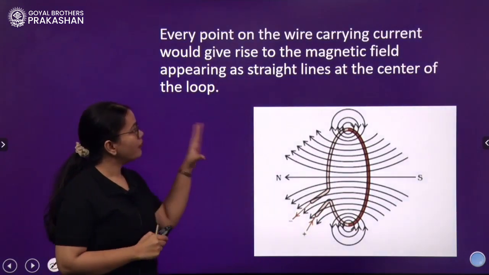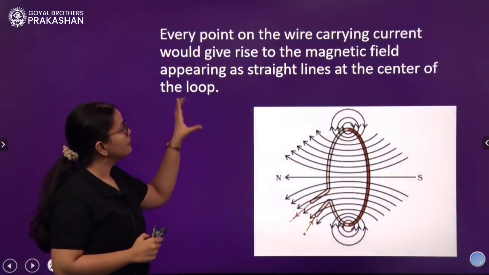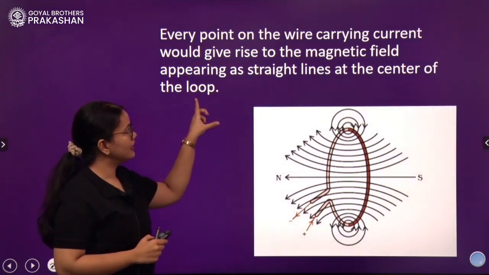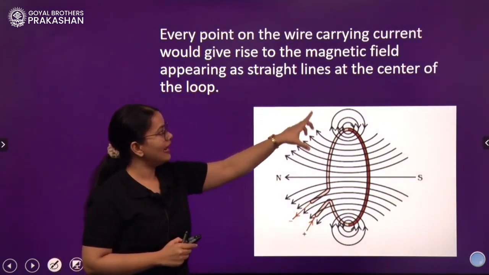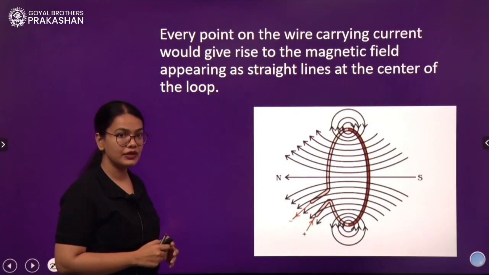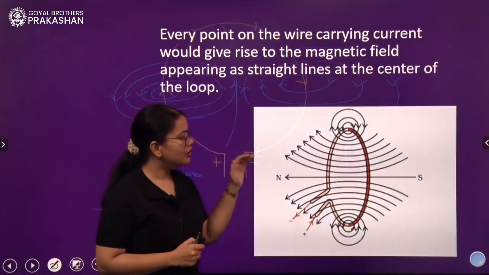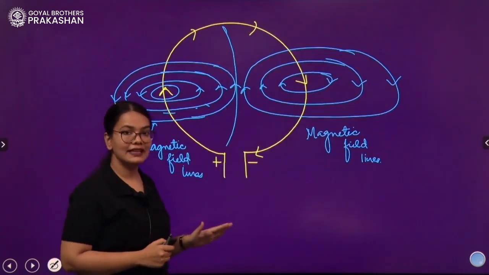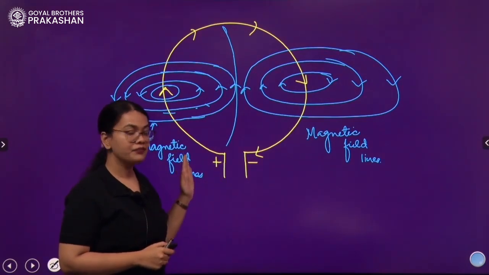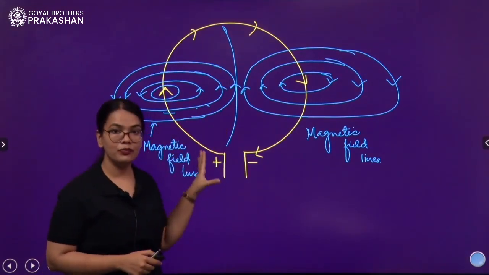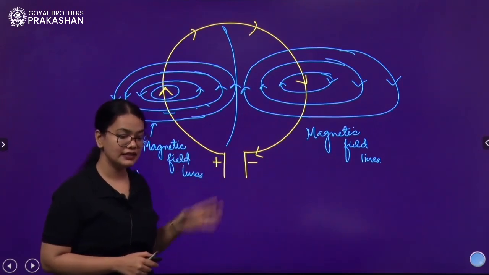Next, every point on the wire carrying current would give rise to a magnetic field appearing as a straight line at the center of the loop. Okay, so at the center of the loop, you will see that the field lines are like straight lines. Now this diagram, I hope it's clear, right? In this diagram,